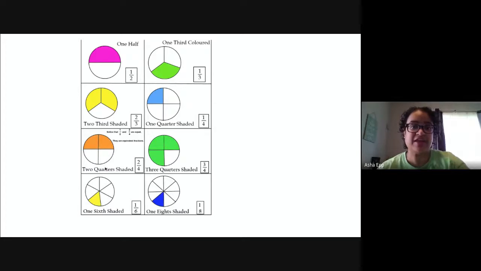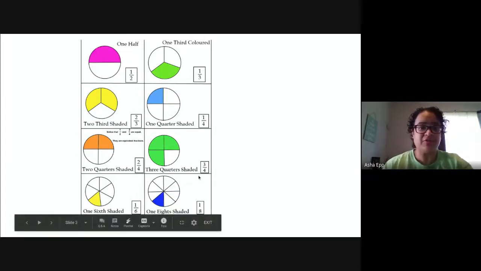If you look how they are the same, there's 2 orange sections shaded, and there is 1 large purple shaded, but they are the same size, the same amount. They are equal. There are 3/4 shaded,